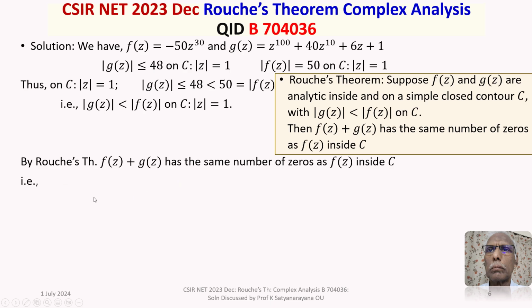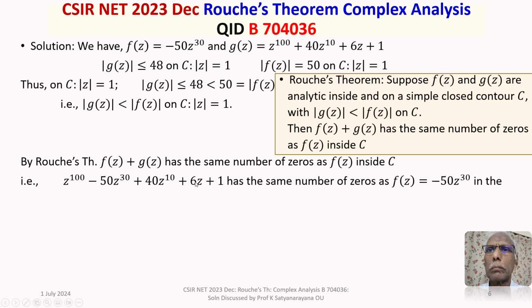The whole polynomial, that is z to the power of 100 minus 50 z to the power of 30 plus 40 z to the power of 10 plus 6z plus 1, has the same number of zeros as f(z), that is minus 50 into z to the power of 30, in the open disk,